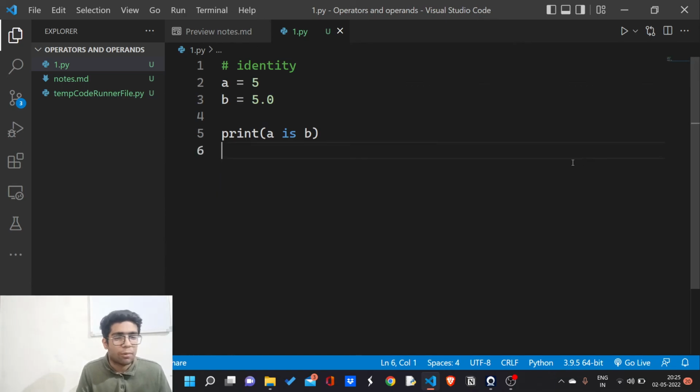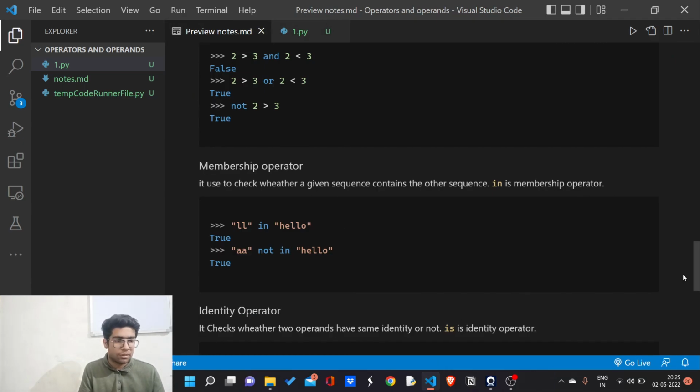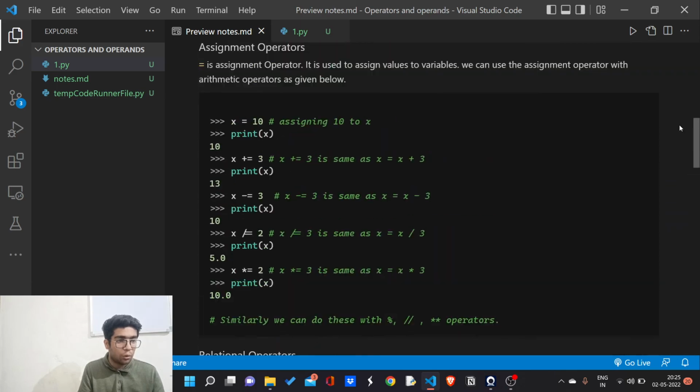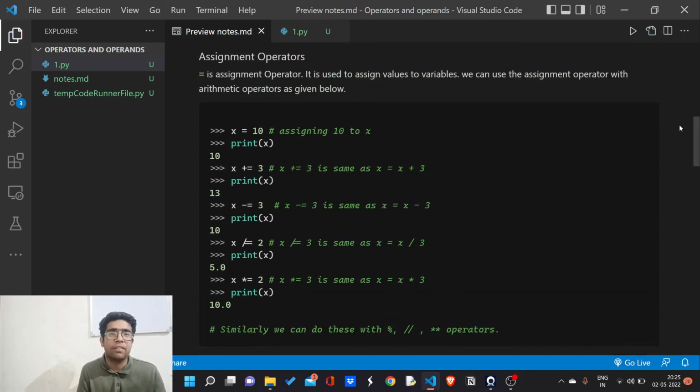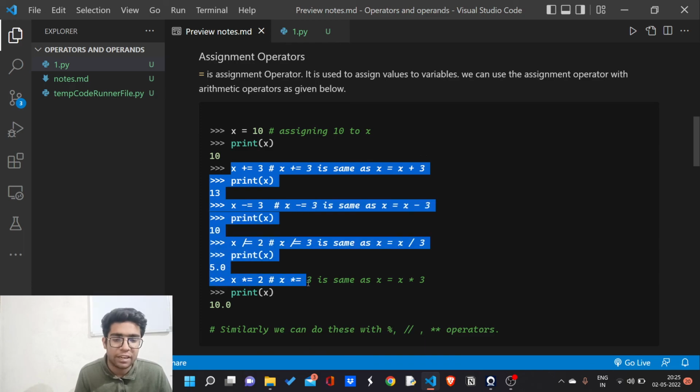Now this is all about the operators. I have made all these notes. You can read them and do experimentation, do active learning. Try these things on your own. Try different kinds of combinations with logical operators and do these kinds of operations with different kinds of numbers. You will have a great understanding. If you don't do these things along with the video, you're going to forget this within 2 to 3 days.